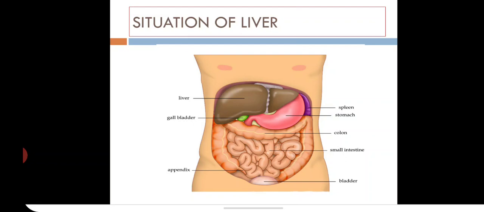Are you seeing the small intestine in the image? Whatever we eat passes through the stomach and enters the small intestine. In the small intestine, the nutrients are absorbed into the blood and, passing through the portal vein, reach the liver, so that the nutrients are stored in the liver. That's how the portal vein carries the nutrients from the intestines to the liver. That is one important function of the liver.